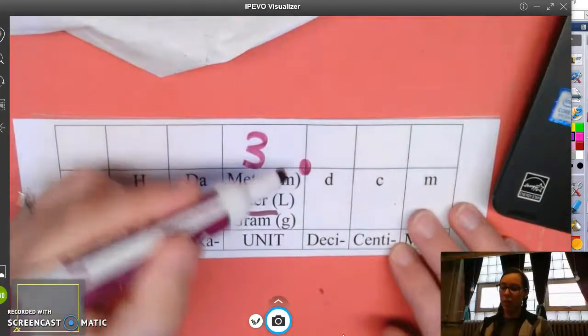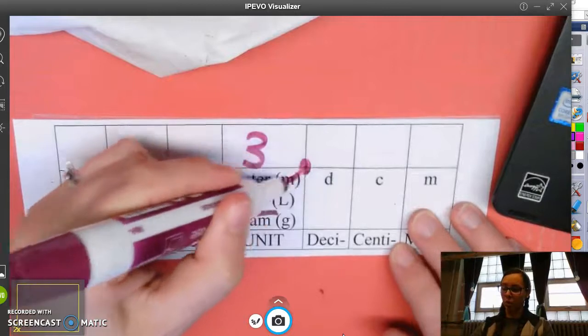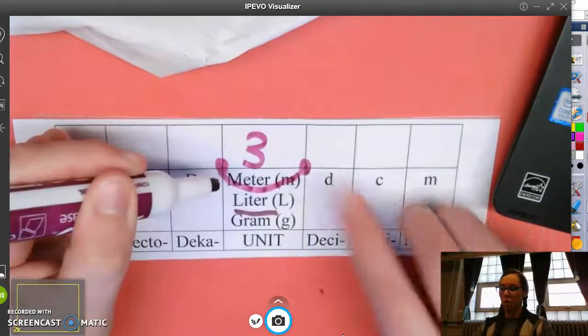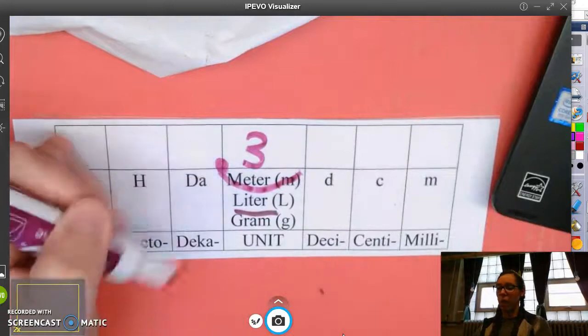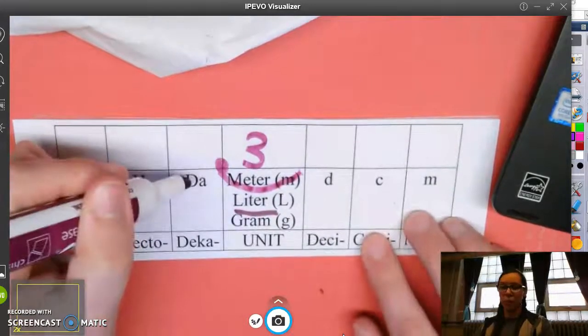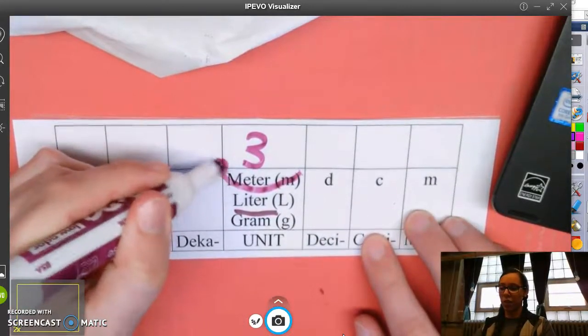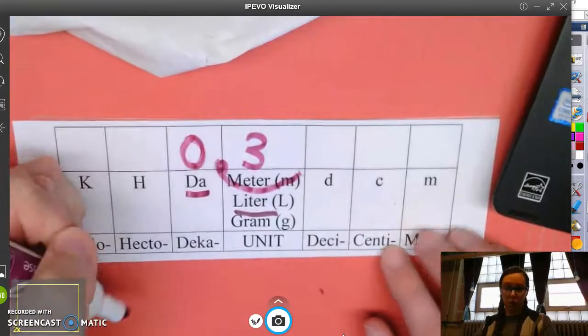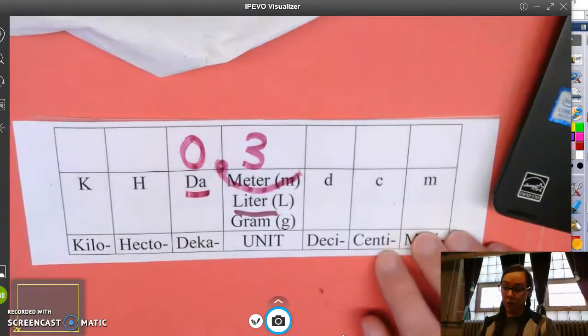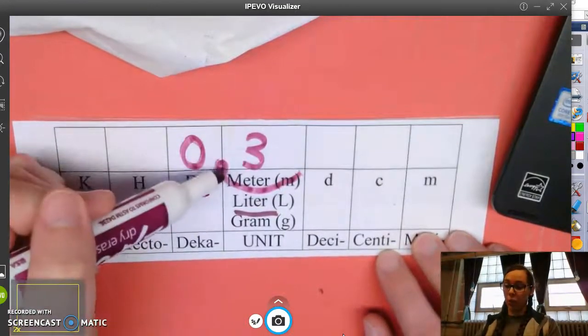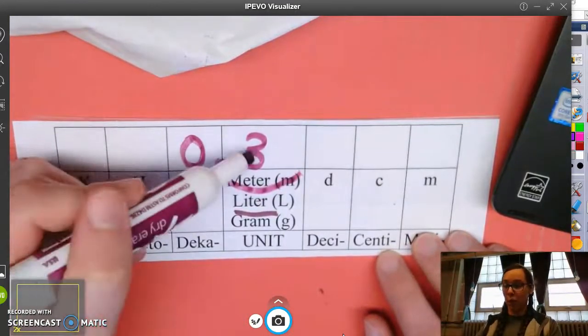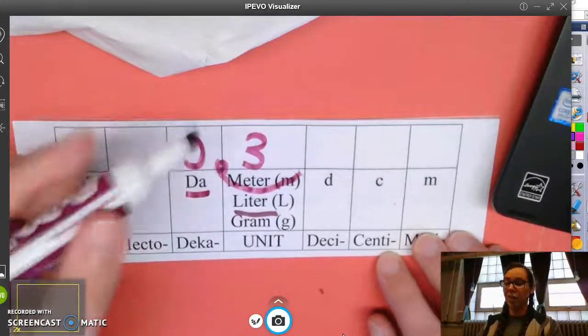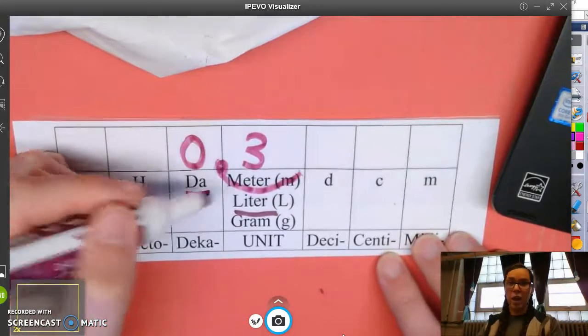So I want my decimal point to go this way 1 time. Okay? So now this box here in decaliters, if this is the unit I'm using, I have to put a 0 here because it's an empty box. My 3 didn't move, just my decimal point, so now I have 0.3 or 0 and 3/10 decaliters makes 3